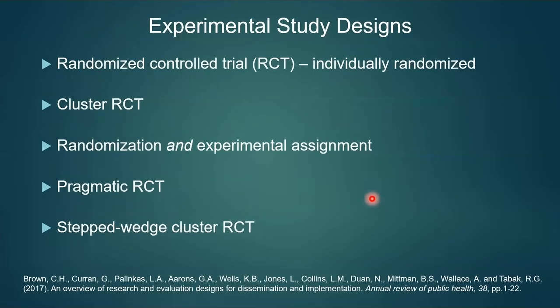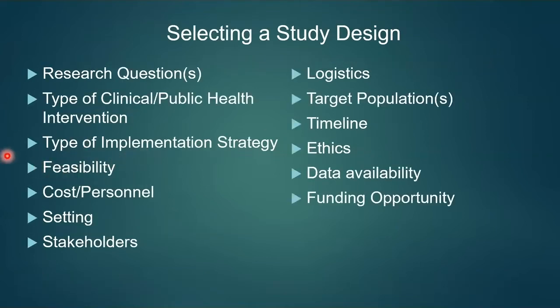So one type of design that is of interest in implementation science are a whole group of what we might call experimental study designs. And when we think of experimental, what we mean is that there is a randomized experiment of some kind that takes place. Typically, whenever there is randomization of human subjects, there may be ethical considerations that need to be considered.